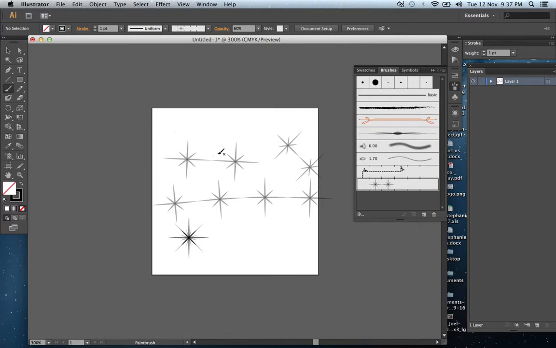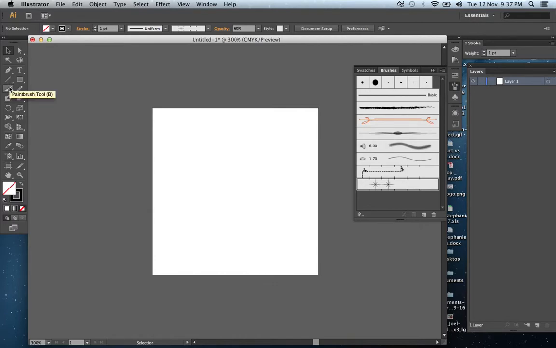So that if you're doing a project with lots of lines that are repeating itself, as opposed to creating it each time, you would just create one file, upload it to your brushes, and then it will transfer over. And the same goes if I wanted to create a couple of lines that were more curvy, with just a regular paintbrush. So if I grab just a regular paintbrush at the beginning, just like I'm making a new brush,